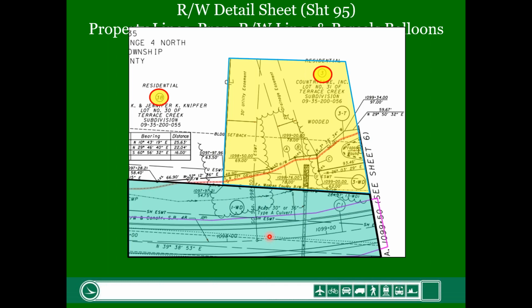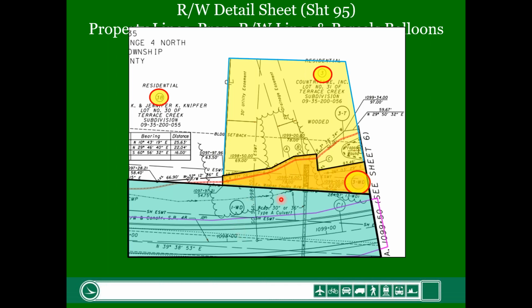Just bear with me. This I've highlighted in red is the construction limits. Now what you want to understand is that the construction limits identify how much right-of-way we need to acquire. The construction limits tell the contractor, you have to do all your work inside of this line. And it's an imaginary line. It's not a line that they draw out in the field, but it is a line that we use, and we must have either permanent or temporary right-of-way that goes outside of that construction limit line. So the right-of-way should always be outside, whether it's existing or proposed, of this construction limit line.